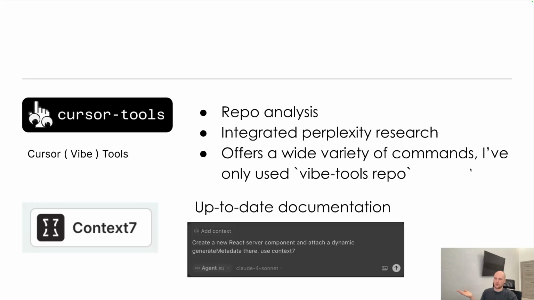Cursor tools, I have already covered it previously. It really helps with repo analysis or feature analysis or a module check, especially if this is a new repository or some feature that you haven't really seen before. It has support of all the major models and especially Gemini with 1 million tokens. So if you're working in a large repository and you need to analyze a large module or a large folder,